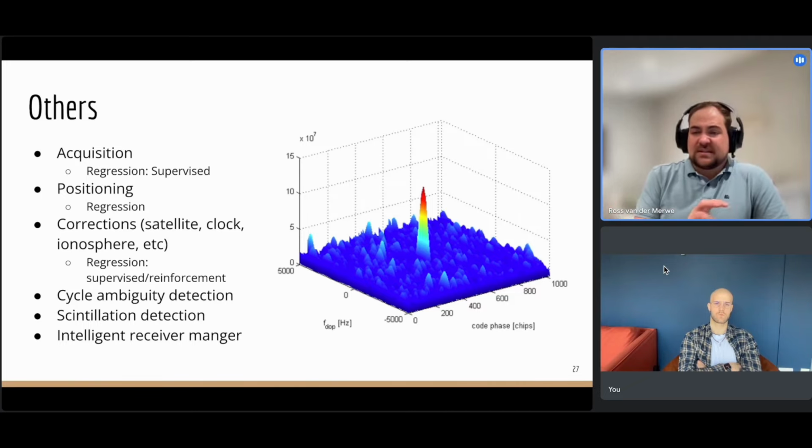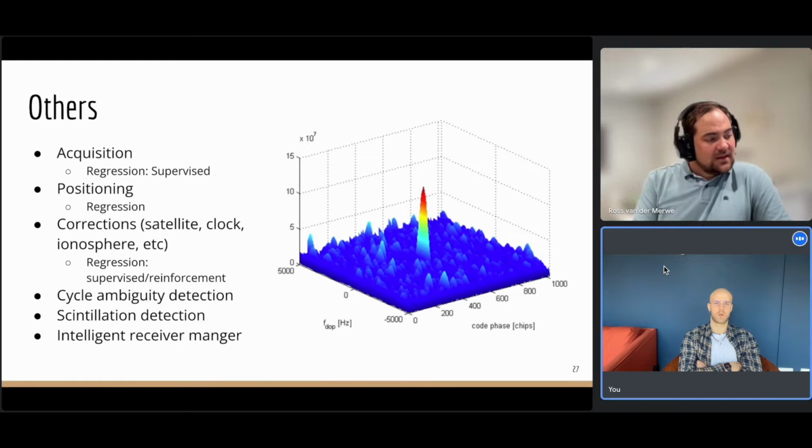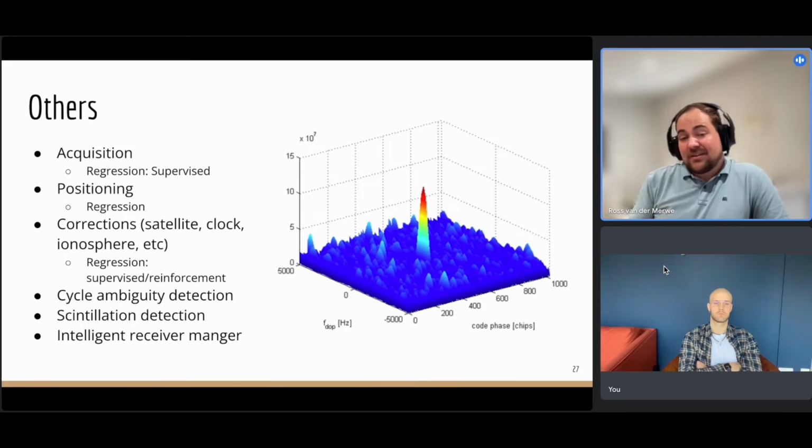And there people have been doing some scintillation event detection and mitigation approaches. And then the last one I was speaking about earlier was, what if you do have an intelligent receiver manager that's a bit more, knows what it's doing, trying to fix as much as possible where it can. Okay. And then many more. I think there can be many more things in GNSS that I haven't thought about. I think that nobody has thought about until it happens and changes the whole environment.